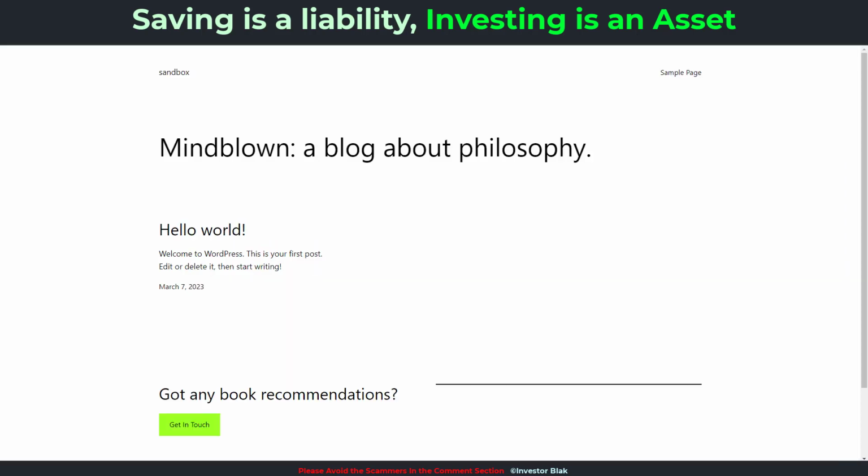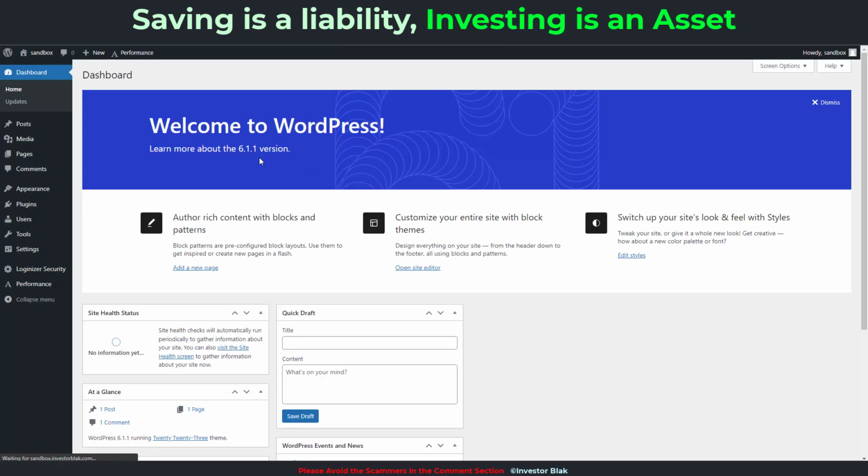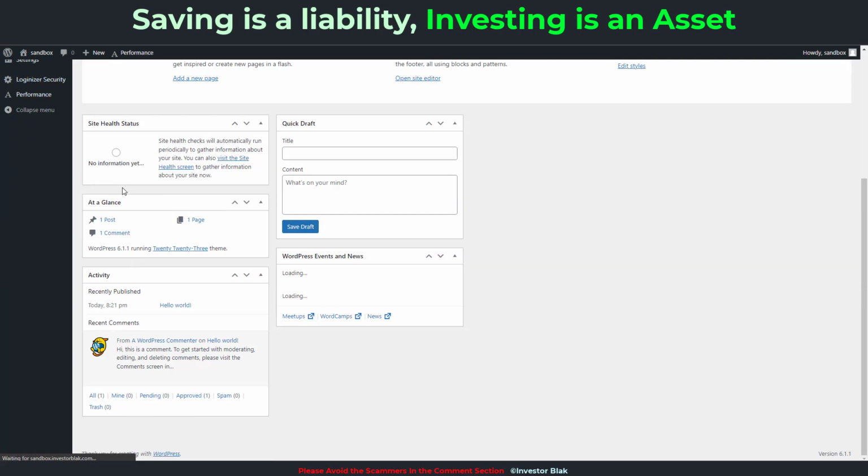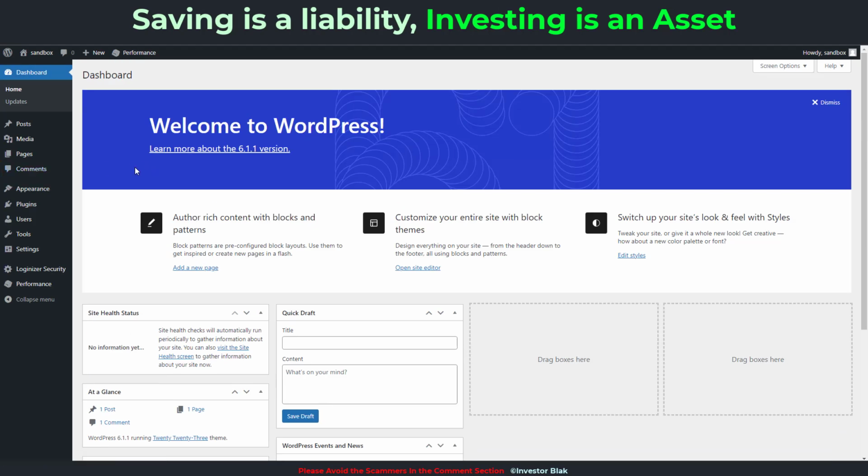So I'm going to go to the page, and as you can see, this is what my sandbox looks like. And this is what the dashboard looks like. That's the back end of my WordPress site. So having done this, this is how you actually set up your WordPress site using the first method, which is